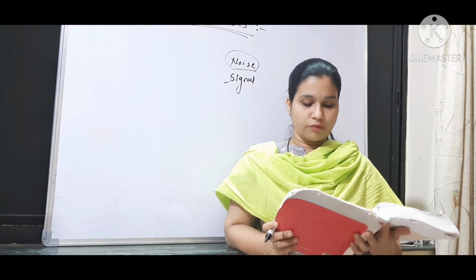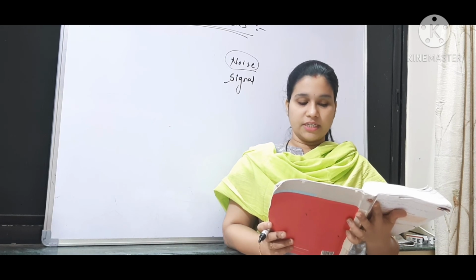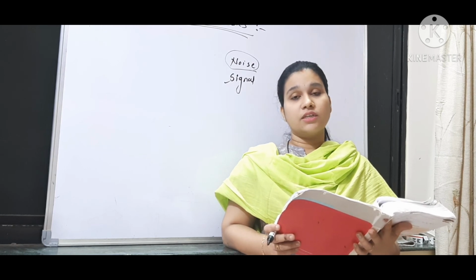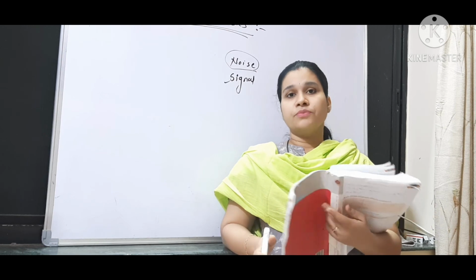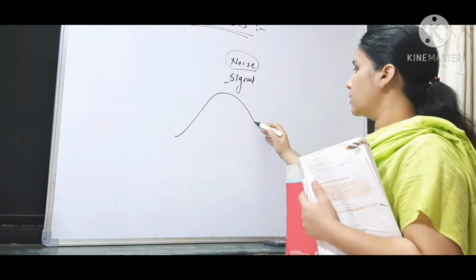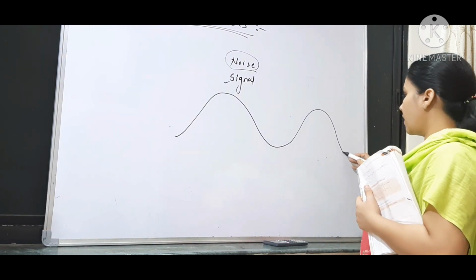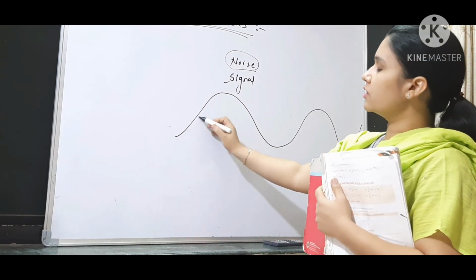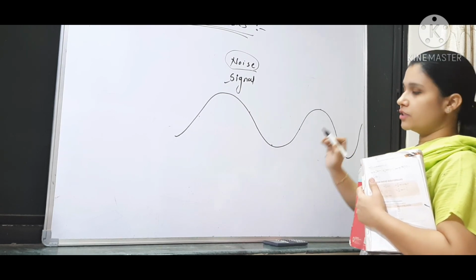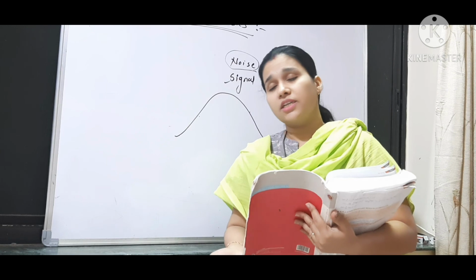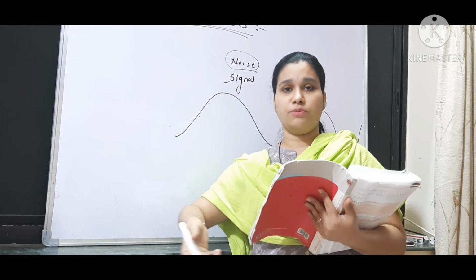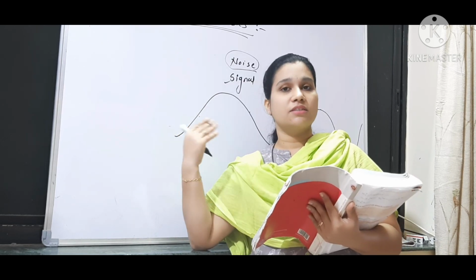The rise and fall of a time series over periods longer than 1 year is called cyclic variation. See, in cyclic variation we have seen progress is there, recovery, then again it comes down. We have seen such type of graph: depression, recovery, prosperity, depression, recovery, again recovery, prosperity. So this can exceed 1 year also. It is not compulsory that everything happens in one year, recovery, prosperity, depression. No, it can exceed 1 year.